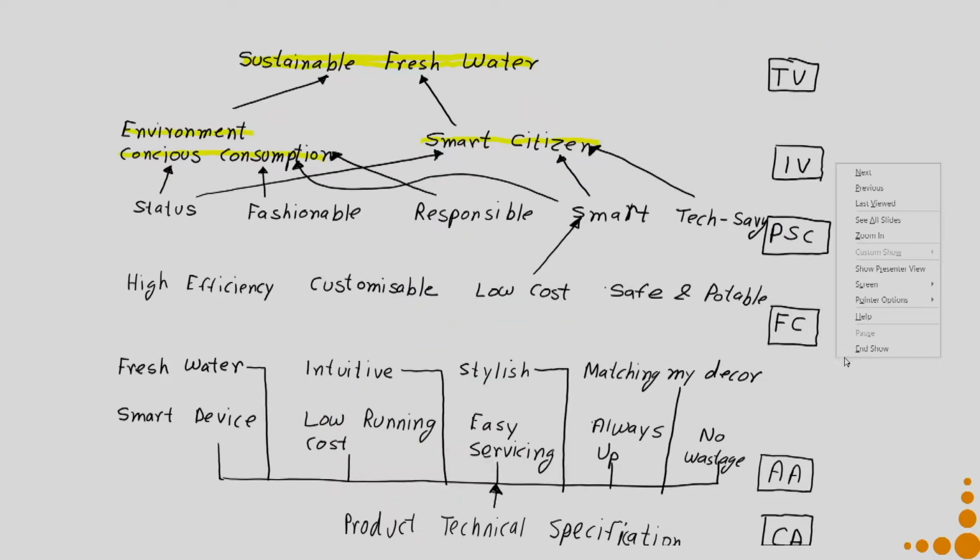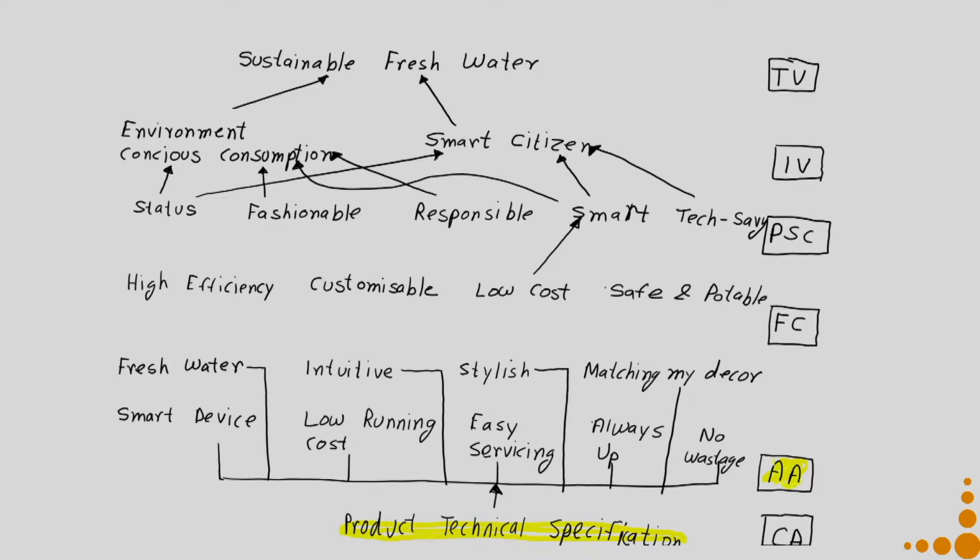So let's come back to the example of fresh. So as I told you, I have my lowest level, which is my concrete attributes. You can start from the concrete attributes in case it is known to you. You may also omit that particular part to begin with and start from your abstract attributes. Once I have my abstract attributes, I can start building the product specification, which is my concrete attributes. That is a possibility. So in case of fresh, my first abstract attribute is I want to deliver fresh water. Second one is I want the product to be very intuitive, or the product service to be very intuitive.